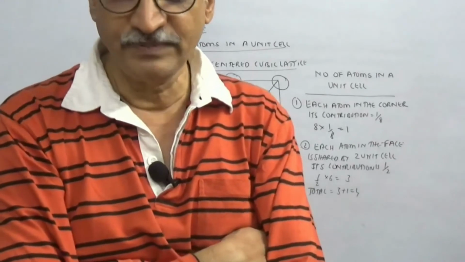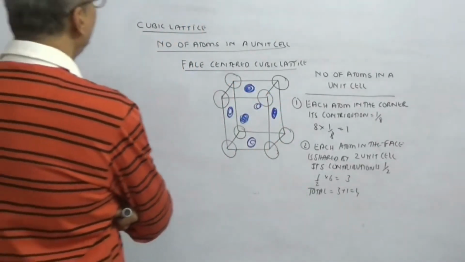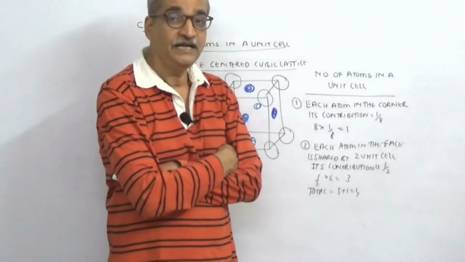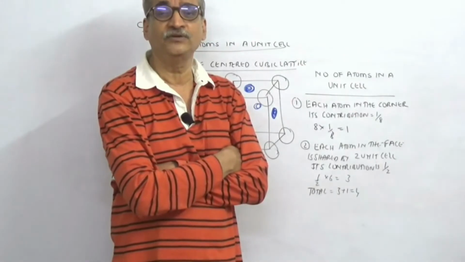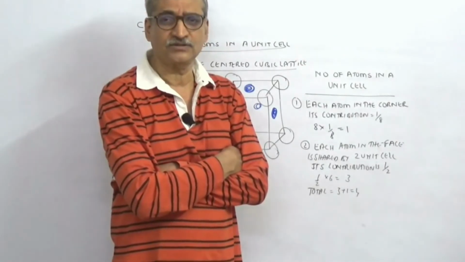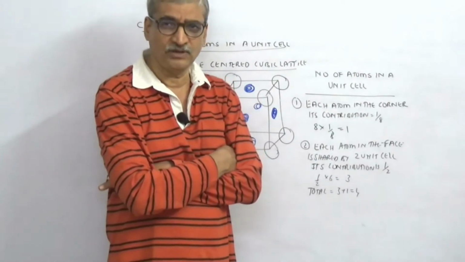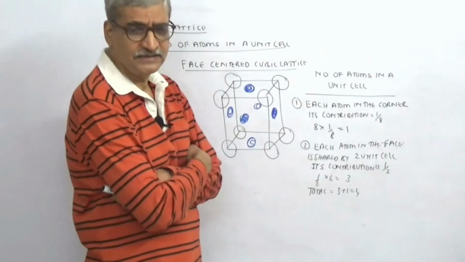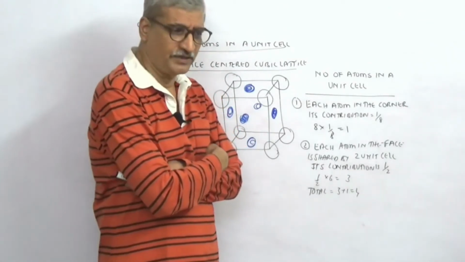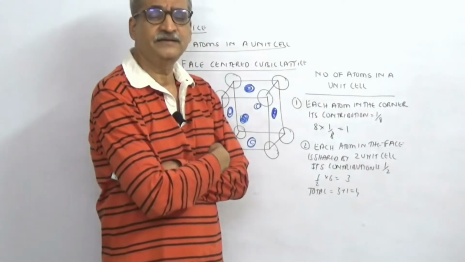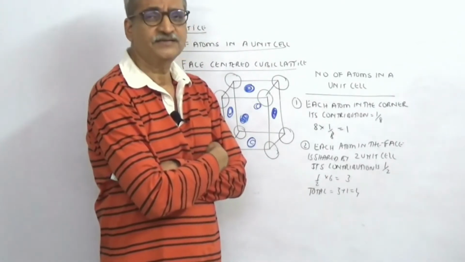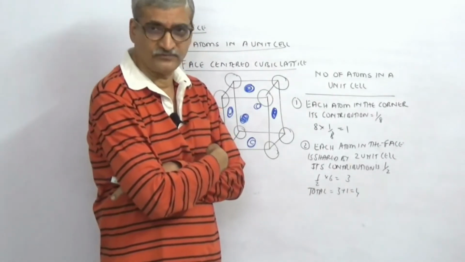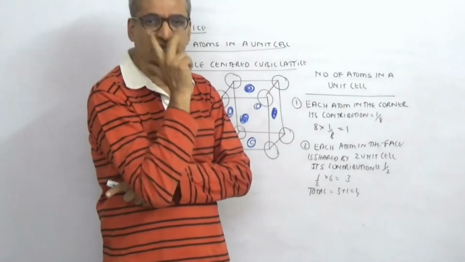So keep this in mind. In a simple cubic, let's quickly recap. Where do we have atoms present only on the corner? Each atom in the corner is shared by 8 unit cells. So its contribution to a unit cell is 1/8. 8 such corners, so 8 into 1/8 is equal to 1. Write this fluently. Next, body centered cubic lattice. What are the lattice points? Corner and center of the body. Each corner atom contributes 1/8, so 1/8 into 8 is 1. And in the center of the body there is one full atom for that unit cell. So 1 plus 1 is equal to 2.